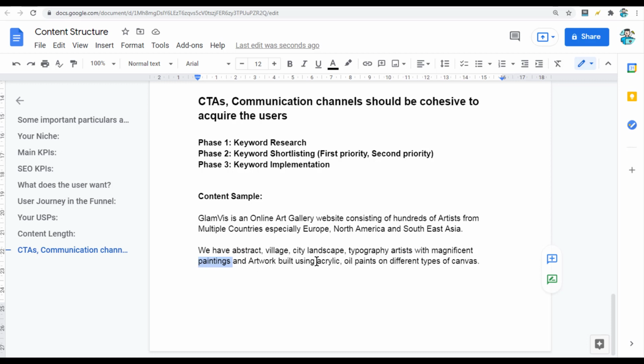So you're covering those two queries. Or they're gonna search for abstract artwork built using oil. So abstract artwork using oil. Okay, so you can understand it is answering a lot of different queries. You can even interlink it with different pages of your own website.